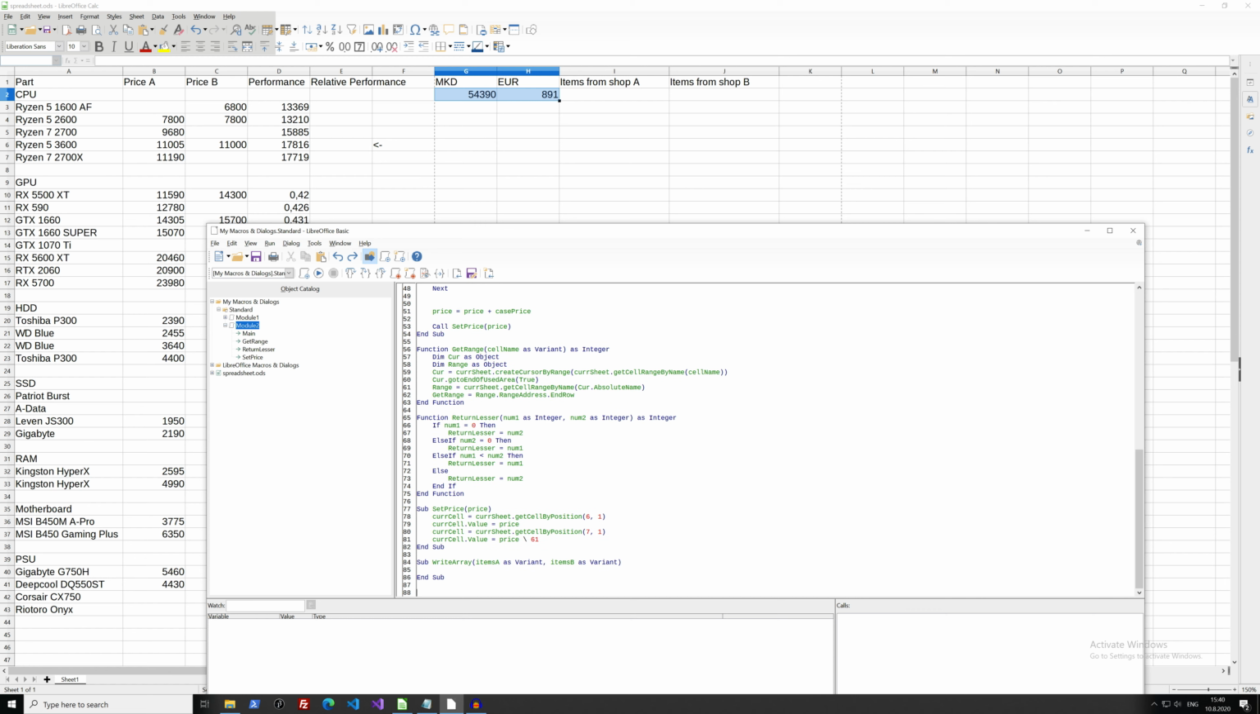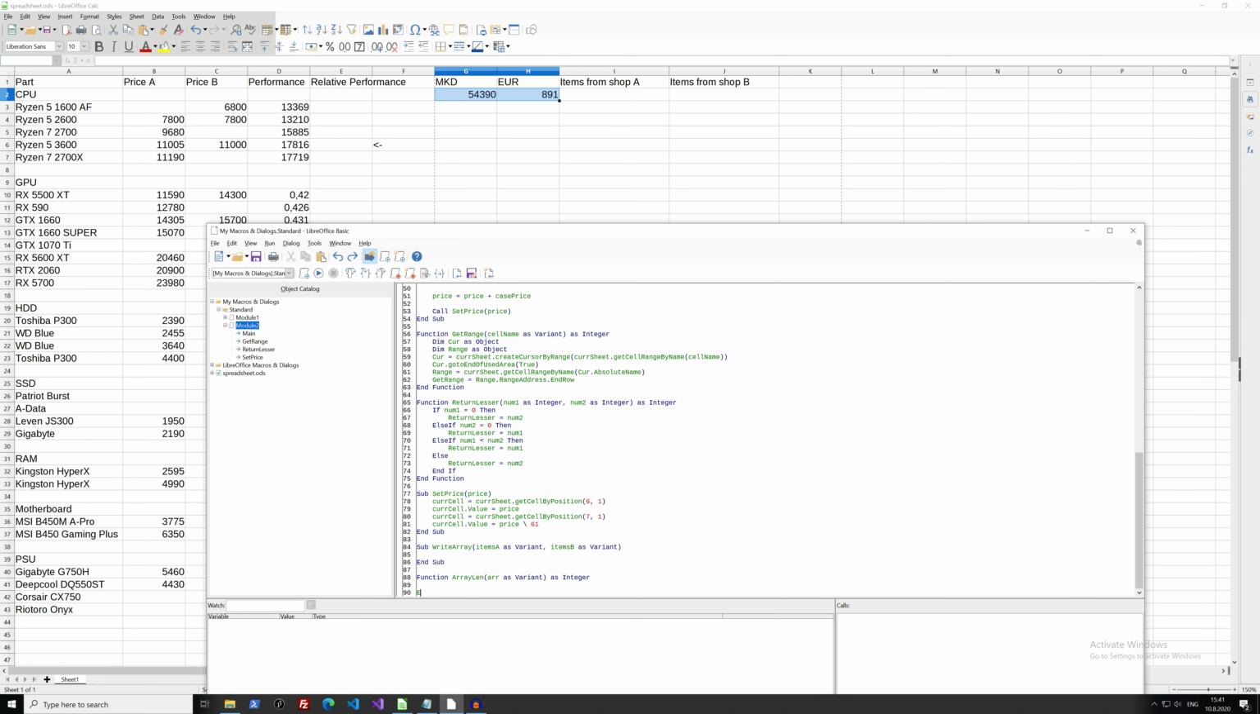Well, we need a function that returns the size of the array, which is very easy. Let's write a function called array len, for length, with an array as variant. I found this function on the internet. As an integer. By the way, if you don't know how to do something, just Google it. See, I didn't know how to do a function like this, so I just Googled it and found out array length is equal to upper bound of the array minus lower bound